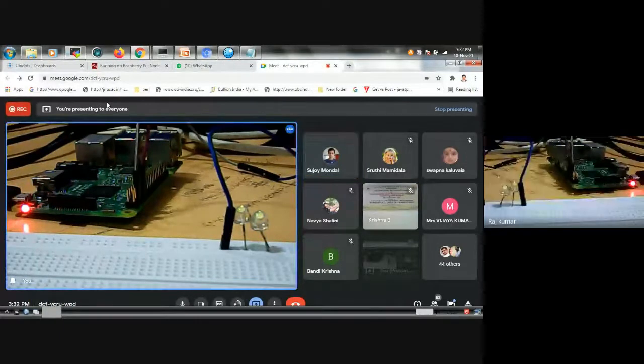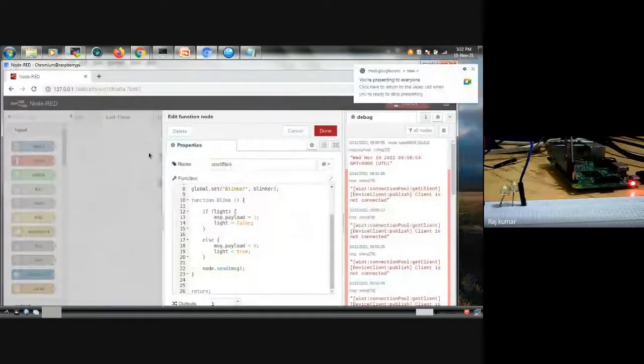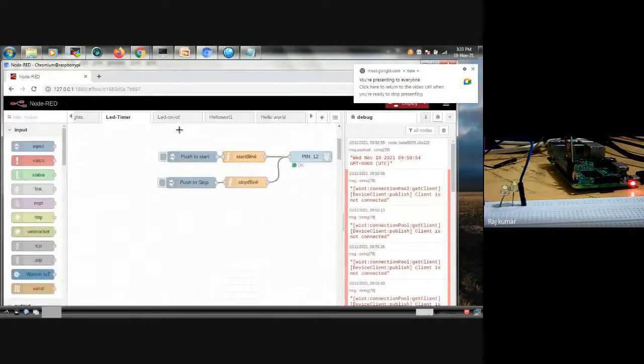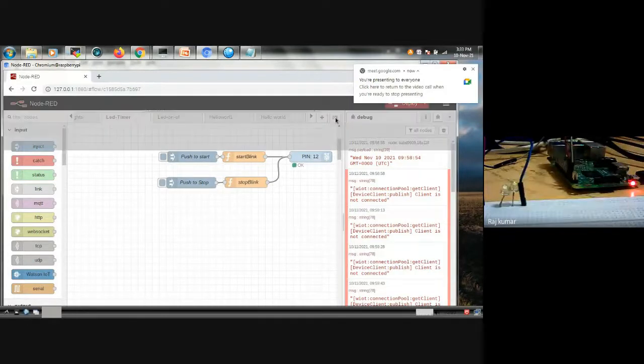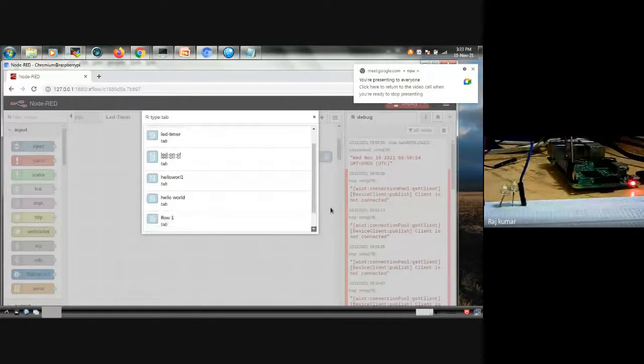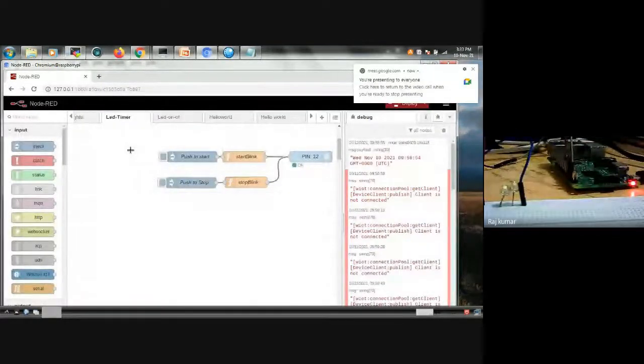Okay, I understand. So here you can see so many flows like this. What you want is to see only that specific one. So what you can do is export them and remove them from the existing tab.